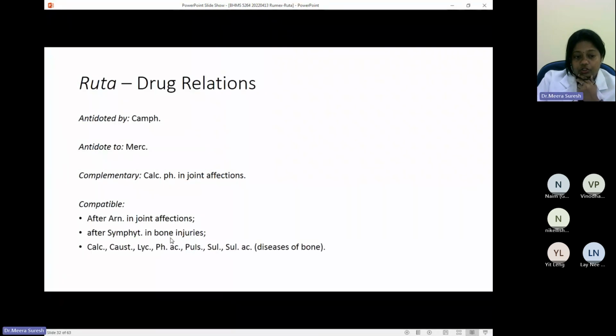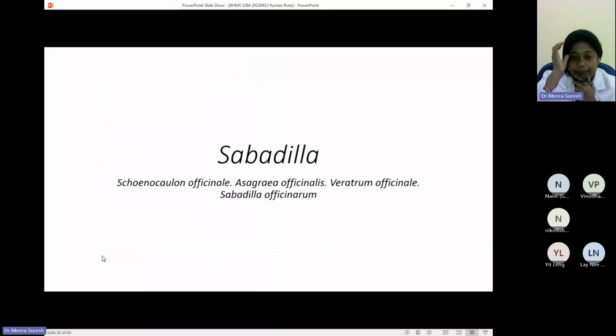So after arnica in joint affections, after symphytum in bone injuries, but as I told you, I have seen directly given Ruta. Then all the other remedies, Calcarea, causticum, Lycopodium, etc. The third one is Sabadilla,